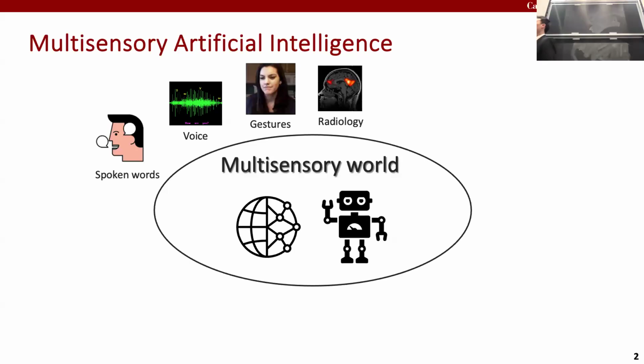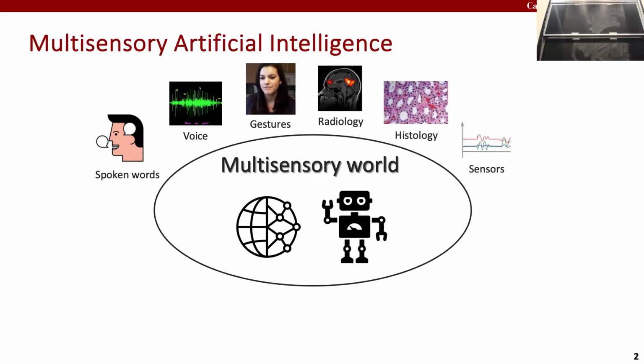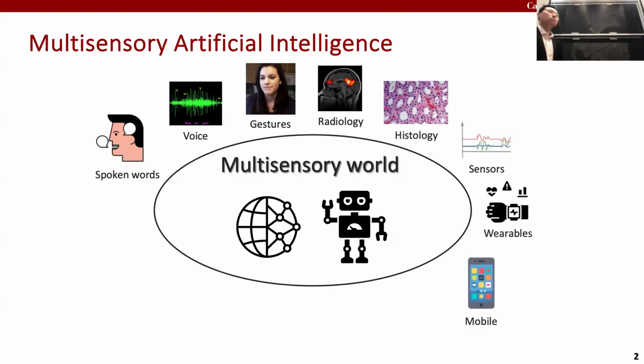Similarly, we've seen great progress in AI for health. A lot of these systems are designed to capture data in a single modality, such as AI to process X-ray images in radiology. But wouldn't it be great if these systems could also understand other medical modalities as well, such as histology images under the microscope, medical sensors, or even things like wearable devices and smartphone data, which tells us a great deal of information about our daily health and well-being.